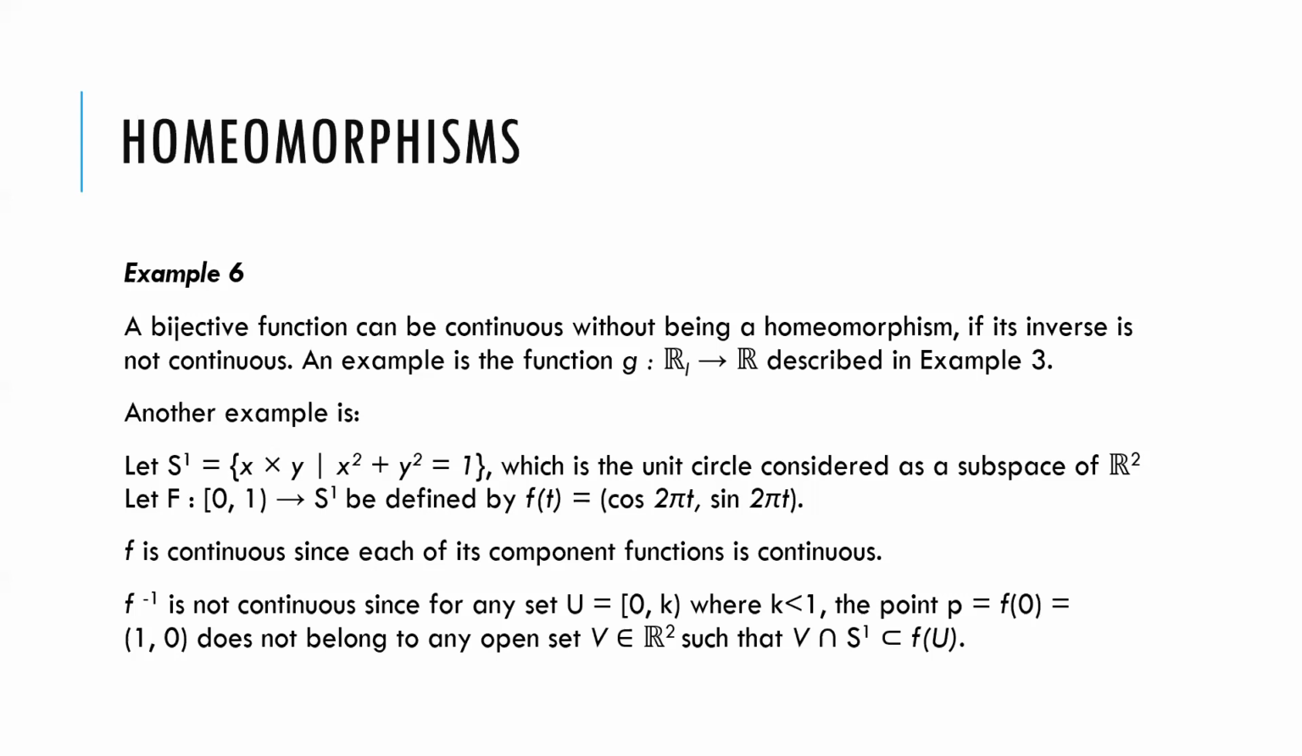And then we consider the function f, which maps the half-open interval from 0 to 1 to S1. And it is defined by f of t equals (cosine of 2 pi t, sine of 2 pi t). Then f would be continuous since each of its component functions is continuous. But